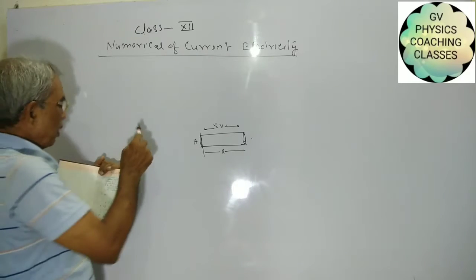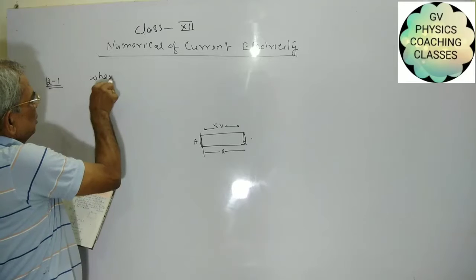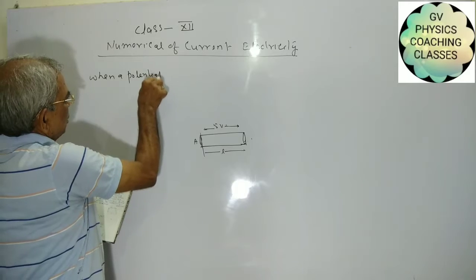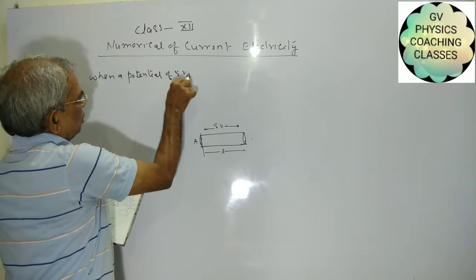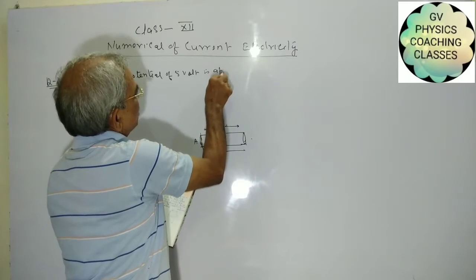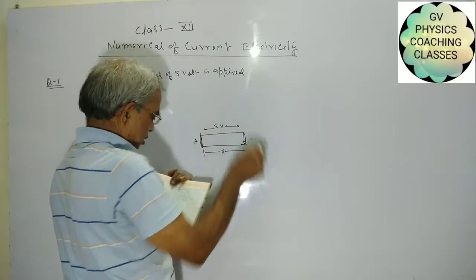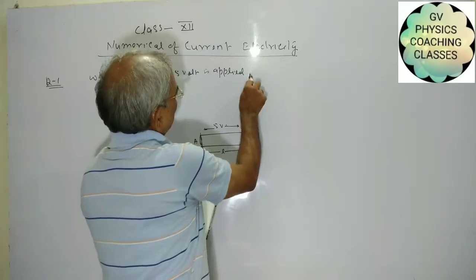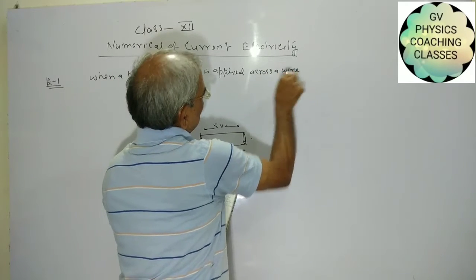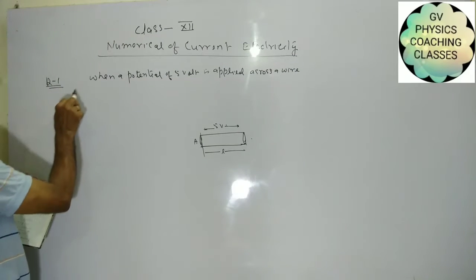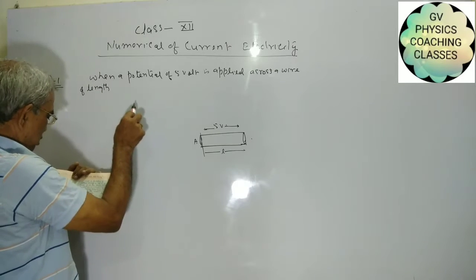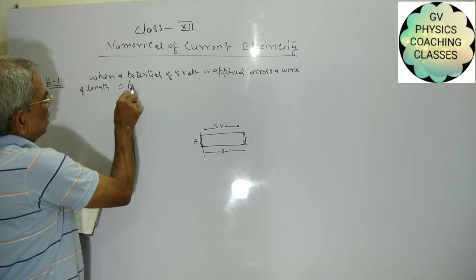The question: when a potential of 5 volt is applied across a wire of length 0.1 meter,